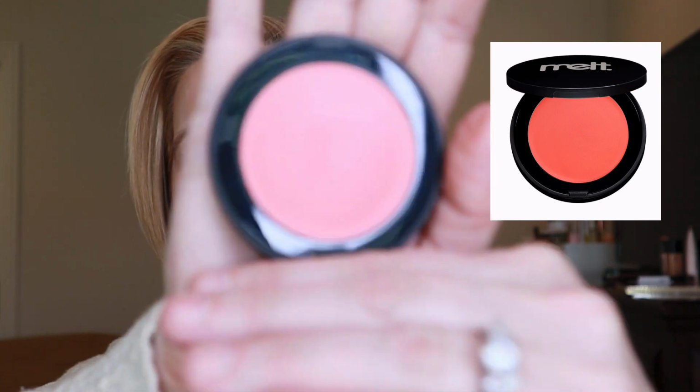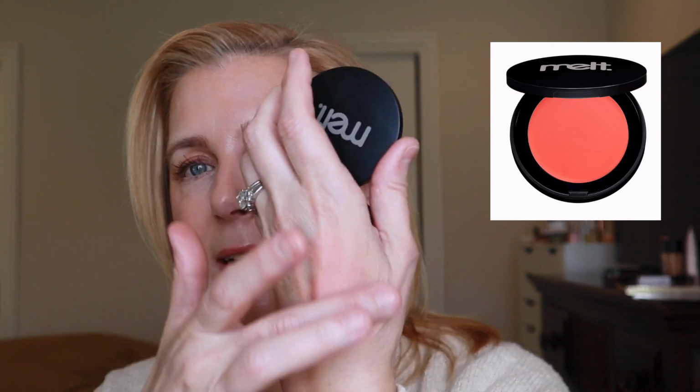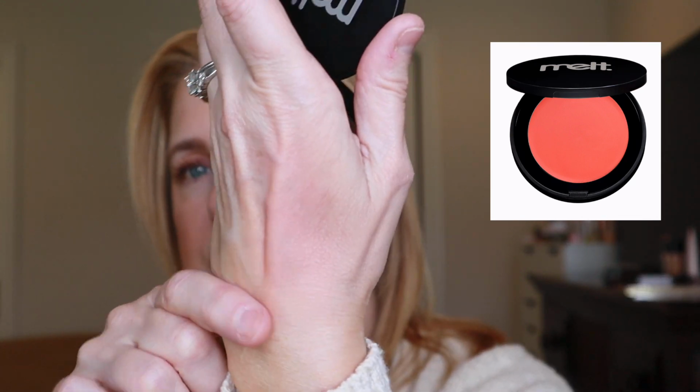First, the one from Melt Cosmetics. This is called Honey Thief. And of course, I've been loving peach, as you know, but this is the Honey Thief blush. This is a very nice formula. It goes on so well, easily blends, and just goes right to a powder. It's just beautiful. It's a gorgeous little hint of color. They have a whole range of these. I particularly love this shade Honey Thief because it has a little bit of a gold hue in it as